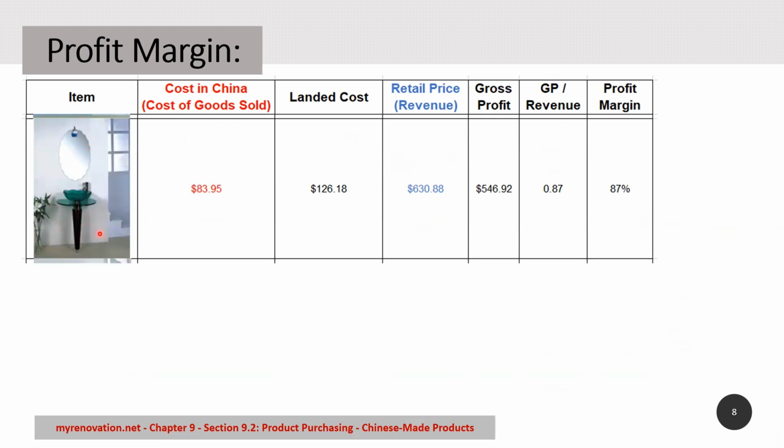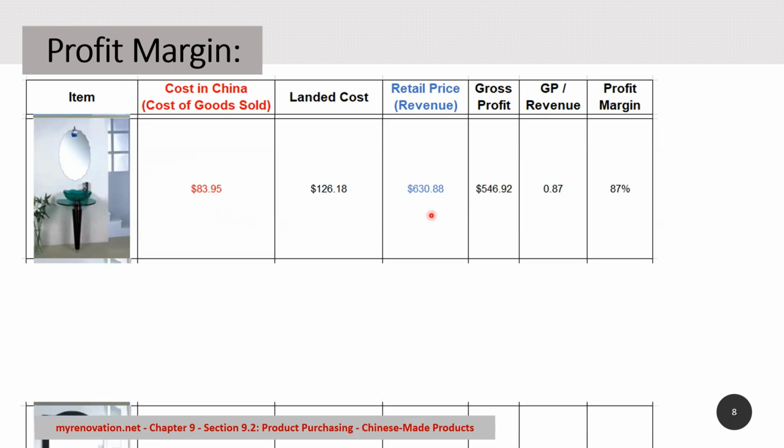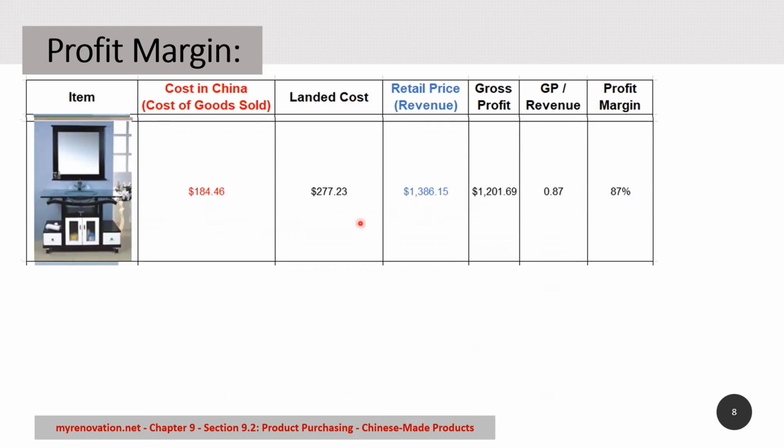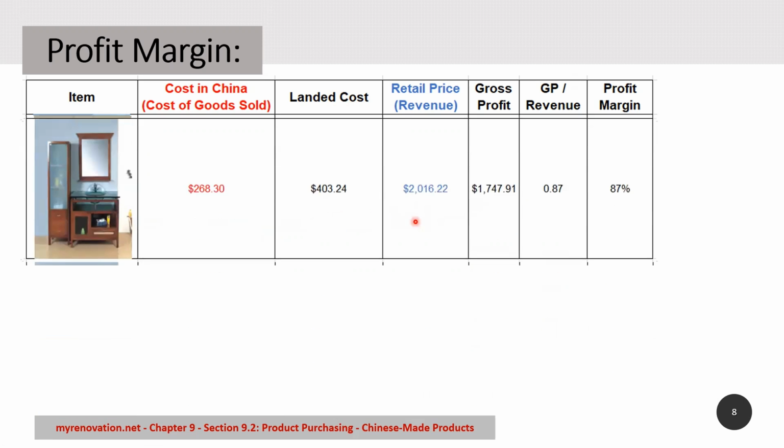This is another vanity here, bought from China for $83, sales price for $630. Another one, 117, 884, 184, 1386, 268,